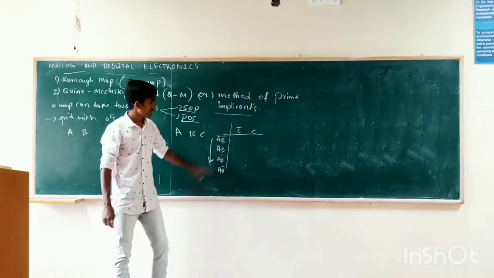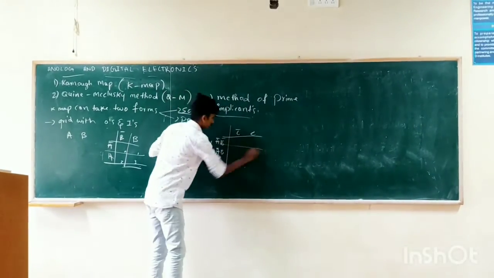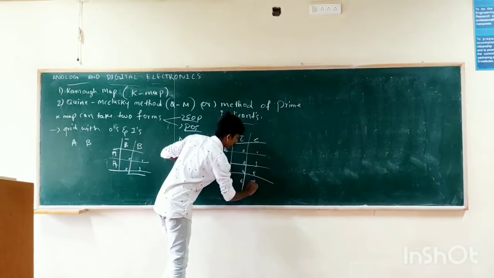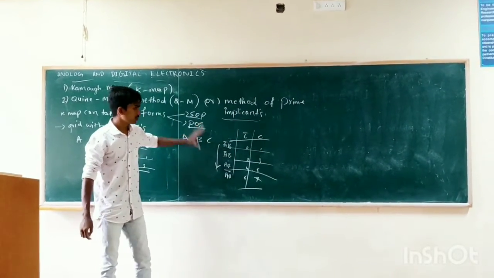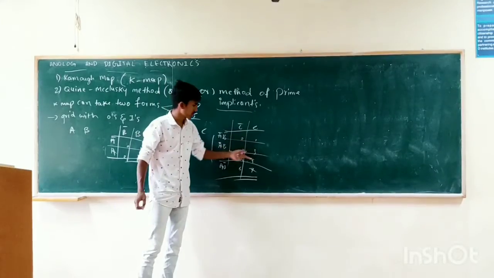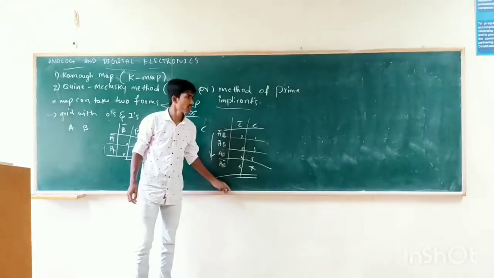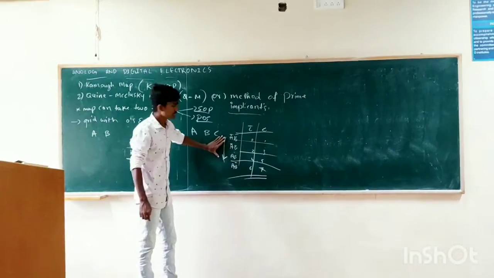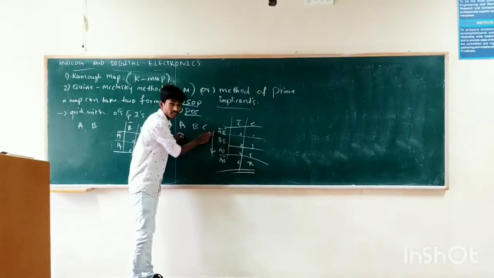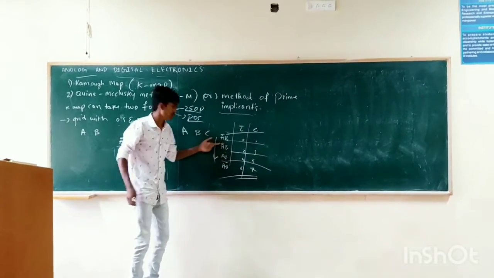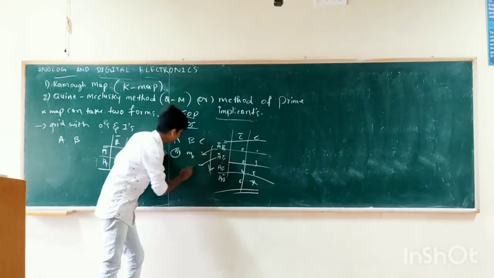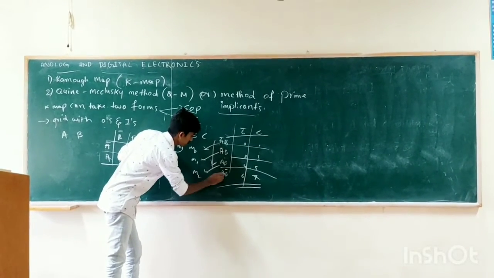The decimal equivalent means each position will be addressed like this: 0, 1, 2, 3, 4, 5, 6, 7. For a Boolean expression having 3 variables, we can address like this. Each location has 0 to 7 as an address. These are the fundamental products, which are nothing but minterms, and we represent these minterms in the form of M. A bar B bar is written as M0, A bar B as M1, A B as M2, and so on.